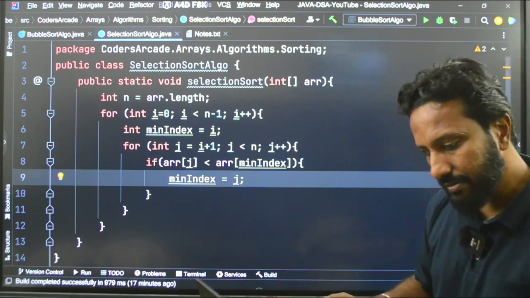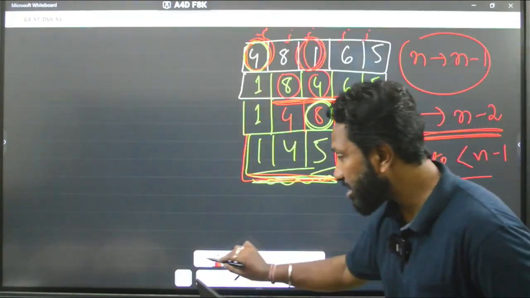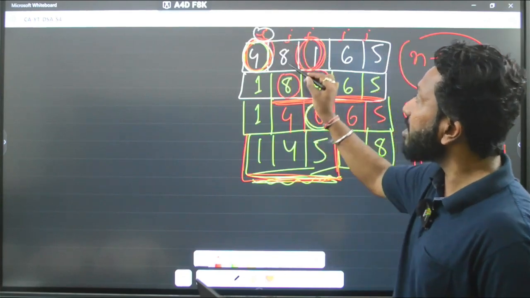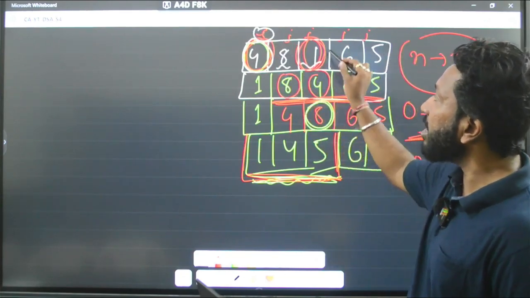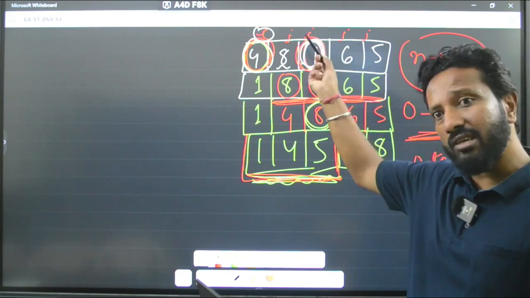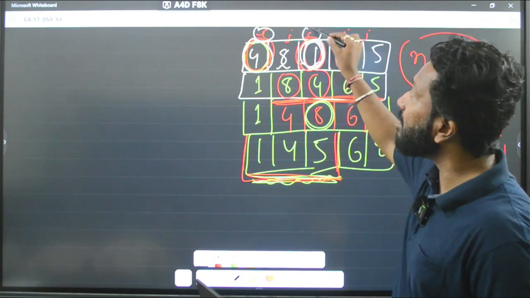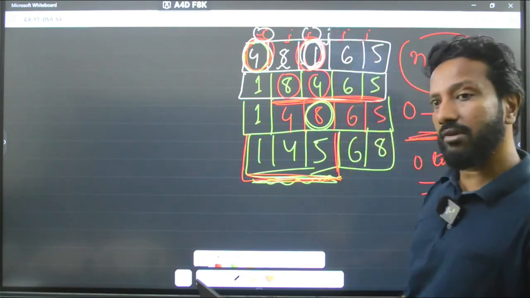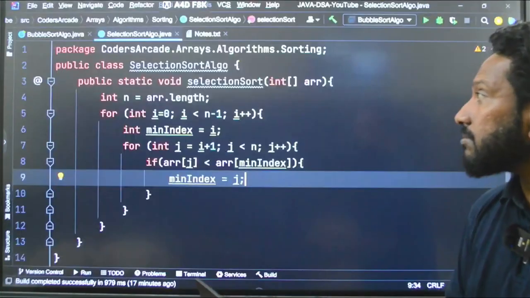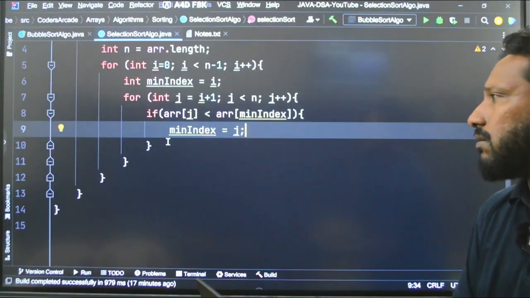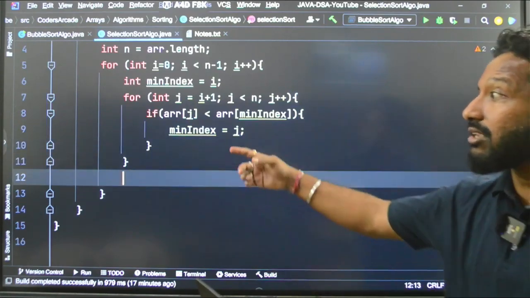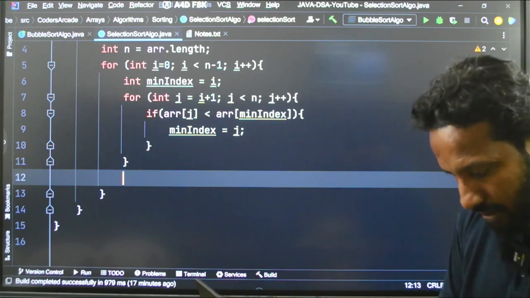Got it? My min index was this one, I found that, okay, here keep on going, I found that there is one more element which is even smaller. So my min index will become j now, this value. Got it? After that I will do the swap. So after this traversal, after this for loop, I got the min index at that. So I will just say,